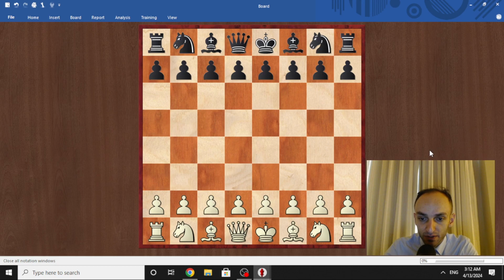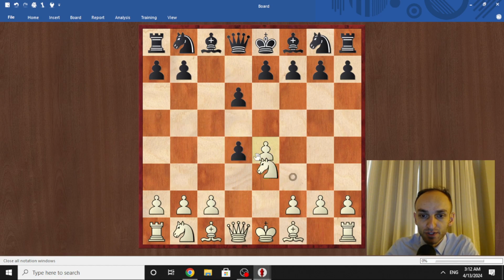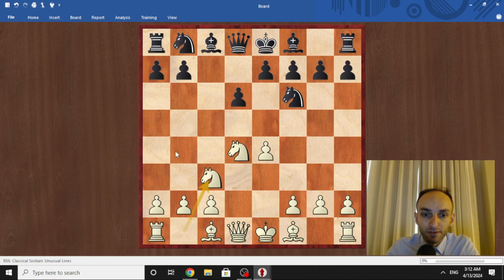So, Spring Chess Classic, round 2. I'm black. e4, c5, knight f3, d6, d4, c takes d, knight takes d4, knight f6, knight c3, a6, and here I expected some other moves like bishop d3,